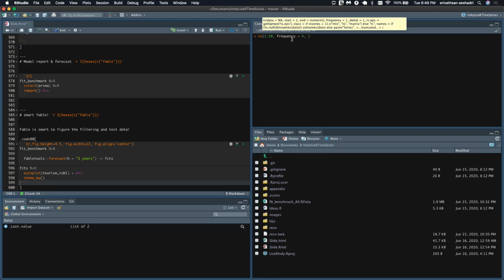One is frequency: you tell what is the beat rate at which your data is collected, or the inherent seasonality in your data. And you attach a timestamp to your data here. So this is the basic syntax. I'll just unpack it in a second.